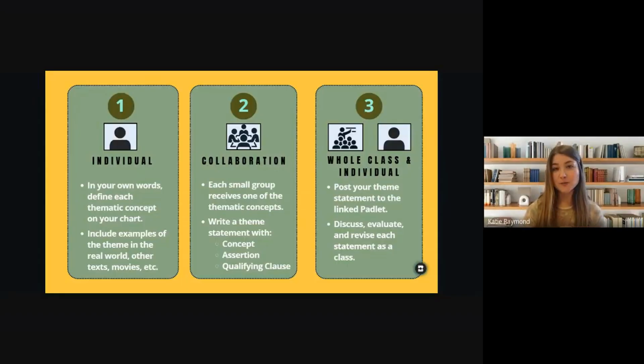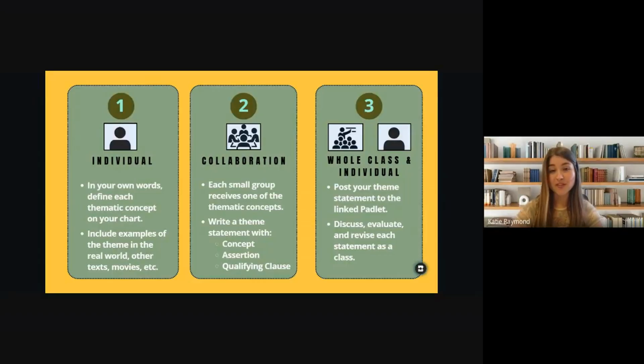So you're already seated at your small group tables. What I'm going to do is come around and assign you, and you can't switch. I'm going to assign you one of the 5 thematic concepts. Okay, so for example, if your group gets the American dream, you are responsible for talking to each other about your understanding of that concept and then developing a theme statement. Okay, we've gone over theme statements throughout the year. If you've forgotten the formula for it, you can look at your English 1 formula chart in your notebook. There's also a digital resource in the Blend course under resources.